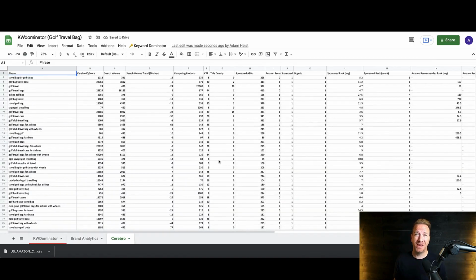So again, we basically took a search on Amazon. We found the 10 competitors that most align, selecting the one that's most like our product first, pulled that into this analysis here and added it to the keyword dominator. The next step